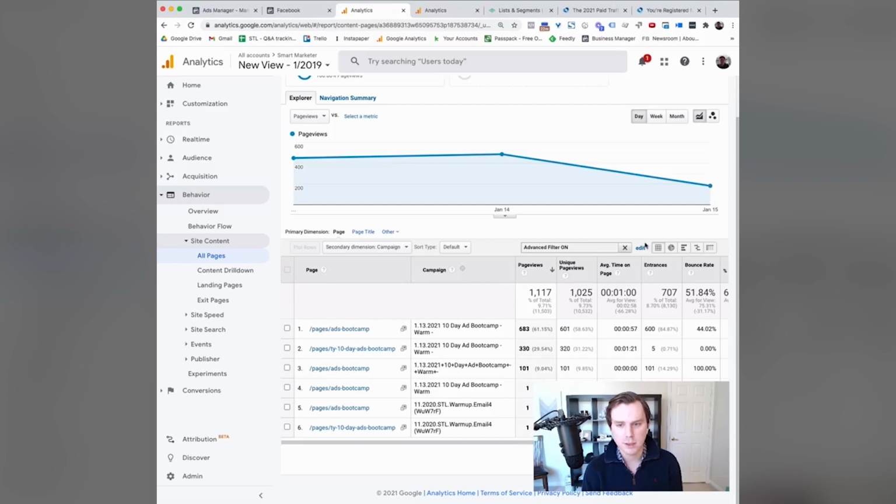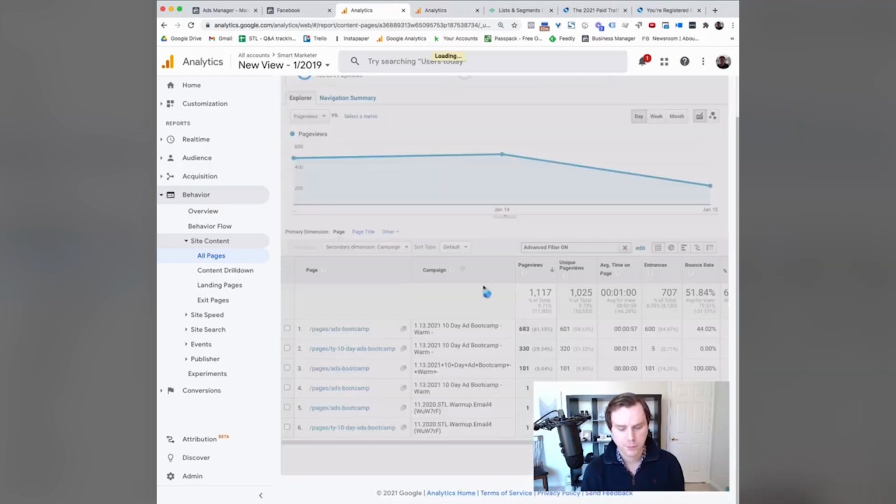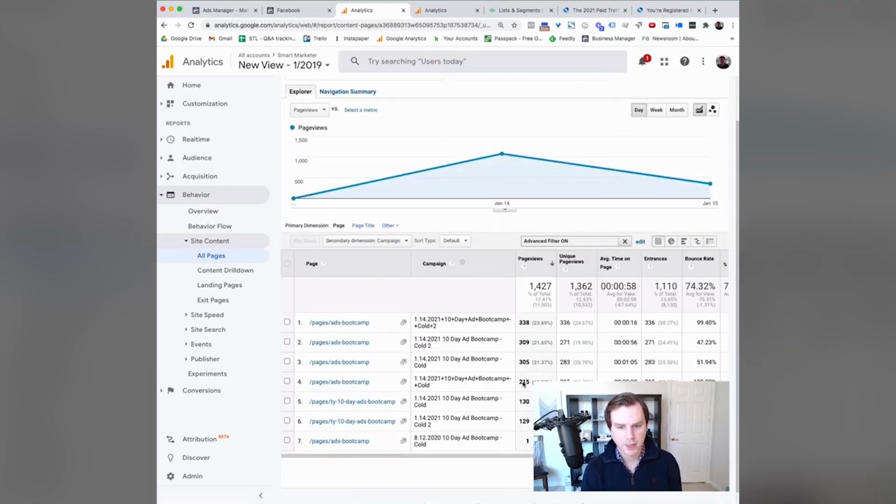Now, cold is a trickier beast. So for this one, there's two different campaigns running. So we could break this out by cold 1 and cold 2. And for some reason, sometimes Facebook adds these pluses. You can pretty much just add these two groups together. I think it's when ads are duplicated, the pluses get added. But it's roughly